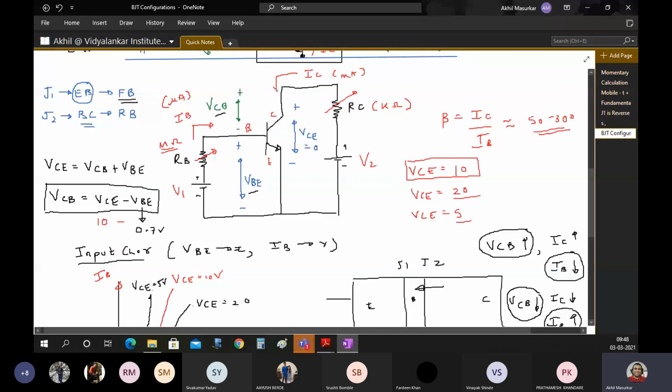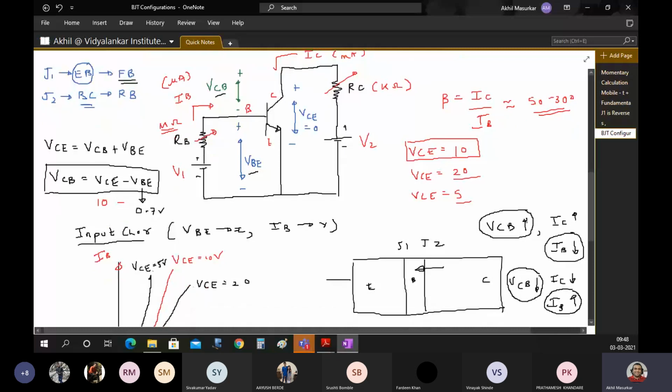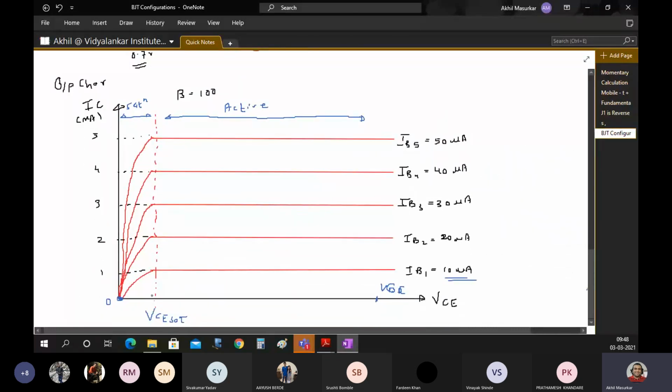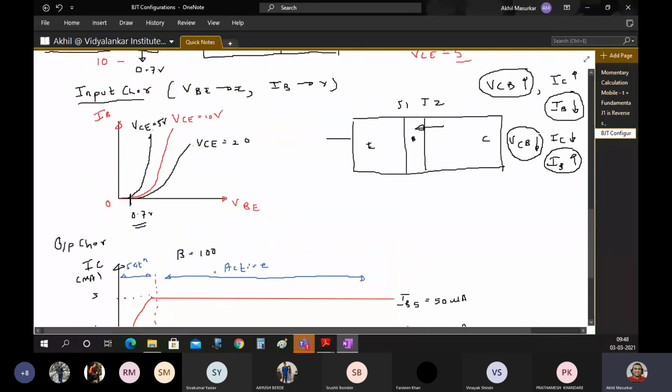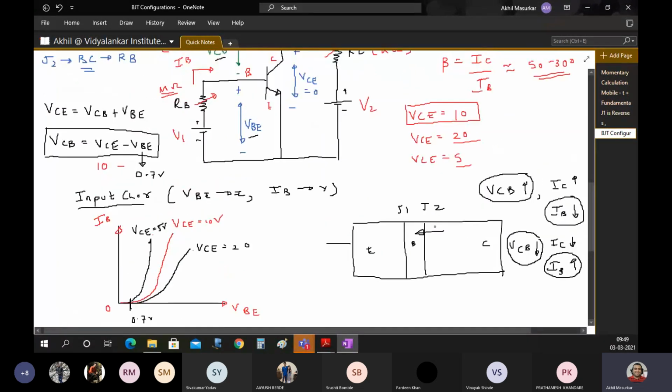So voltages on the input side will remain constant. When you are doing the input characteristics, voltages on the output side will remain constant. Now here, once this saturation limit is reached, once this VCE sat is reached, even if you increase the electric field, so VCE is increased, that means what? Once you reach a saturation value here,